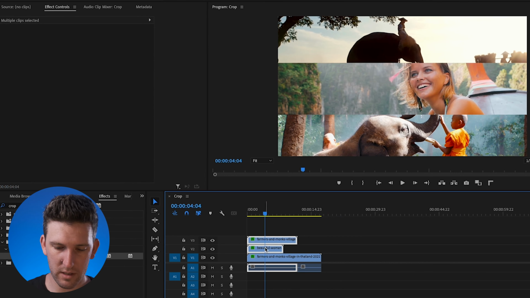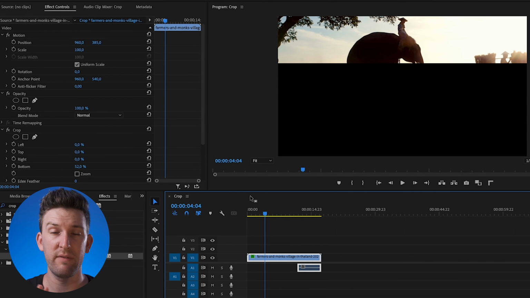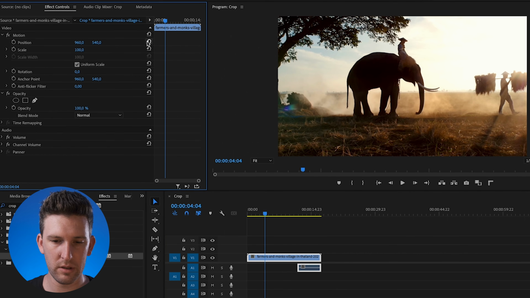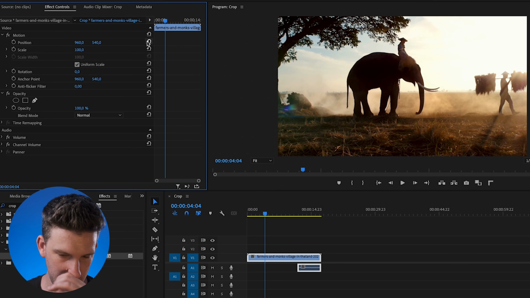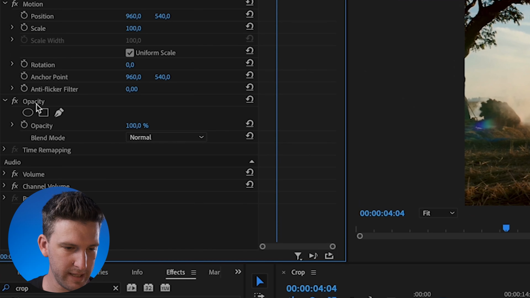But if you want to, this is another interesting way of doing a crop. Currently my face is sitting in a circle and it's cropped out. If you want to do that same effect, it's pretty easy. So I'll show you how you can do that. Let's say we want to focus on that elephant, and that's going to be the circle element we want to crop into. You go to opacity here